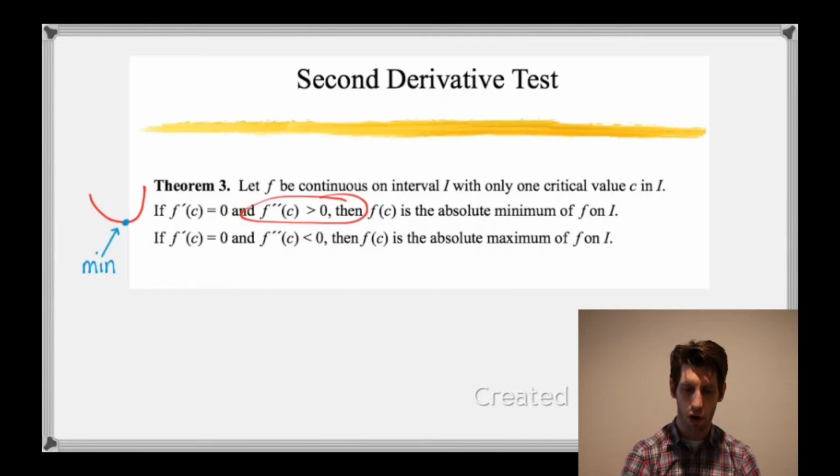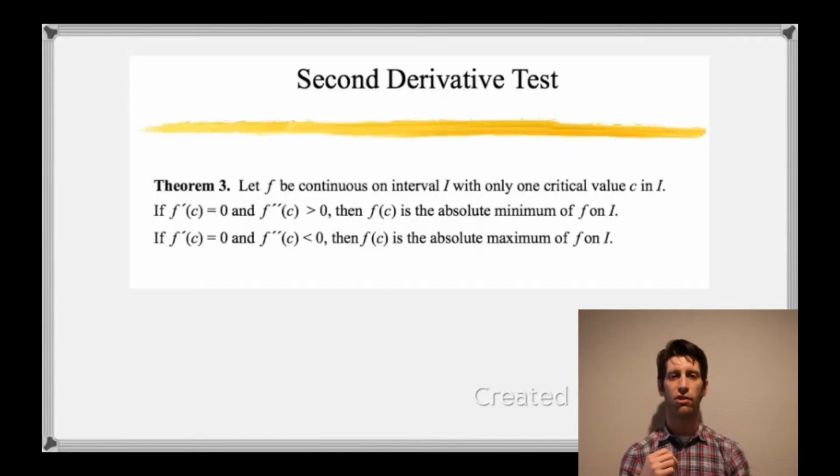So next up, we're going to talk about a different technique for finding an absolute maximum, and that technique is called the second derivative test. So in this case, we're going to let f be continuous on an interval I, and we're going to assume that f has only one critical number or one critical value, c, in I. So in the first case here, if that critical value is a place at which the first derivative is 0, that is a place at which we have a horizontal tangent line, and we have concave up behavior in our function at that point, then the value f of c is an absolute minimum of f on this